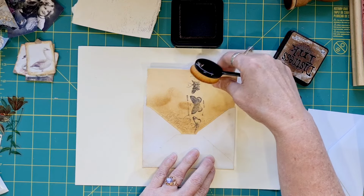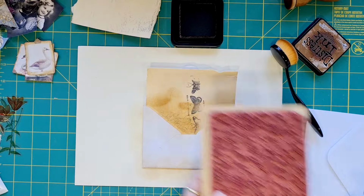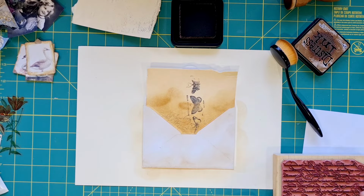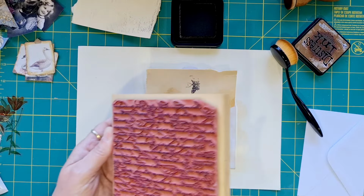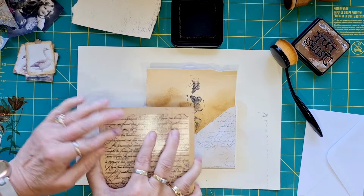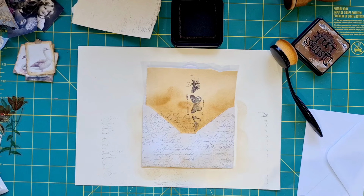And I think that's all we need for that one. I've got an old Stampin' Up stamp here. You could use anything. I think I'll only make one and do the third one off camera just for ease, because there is quite a bit to it. So there we are, we have that bit stamped,